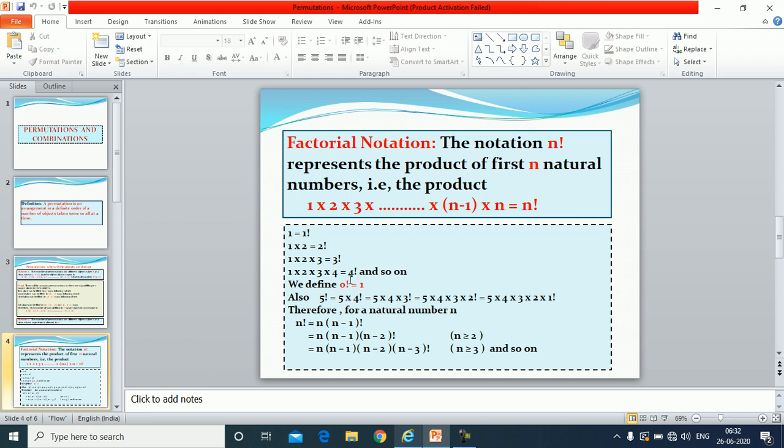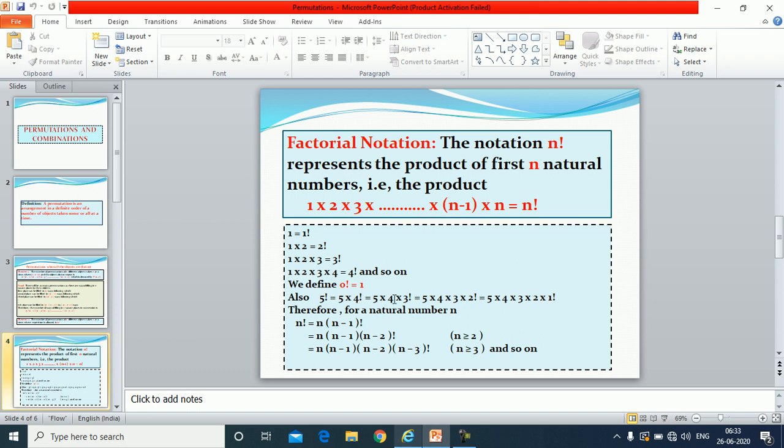This we will derive once we get the expression for permutation. Then 5 factorial, see, there is another way of writing it. If we don't expand it entirely, we can write it in the reverse order also, like 4 factorial can be written as 4 into 3 into 2 into 1. So the order we can change. So 5 factorial can be written as 5 into 4 factorial. We don't go beyond that and we stop there only.